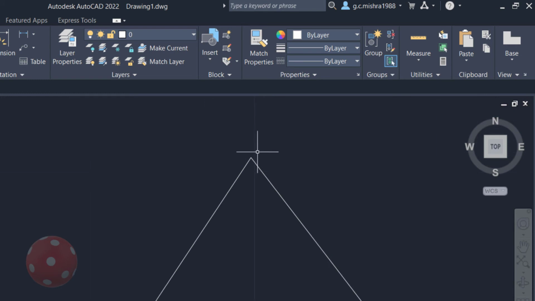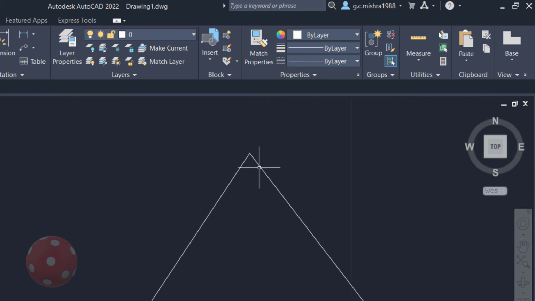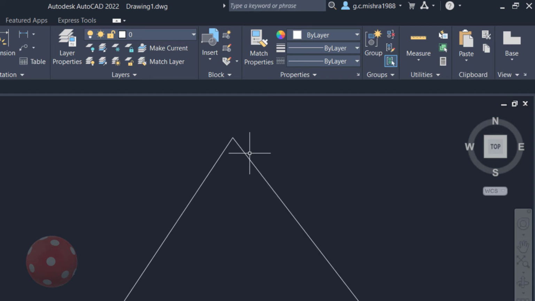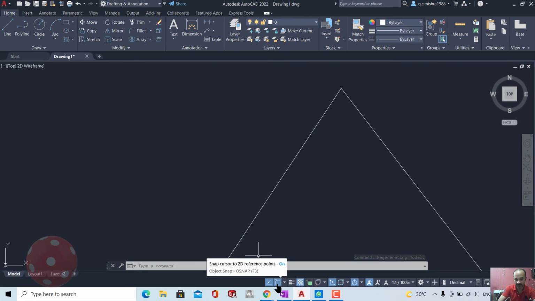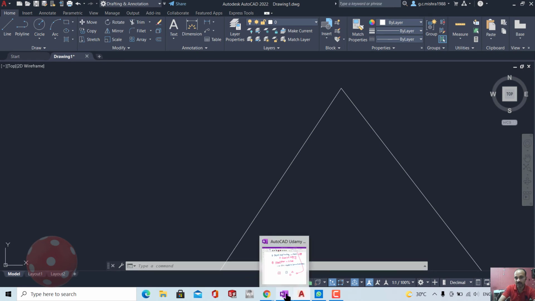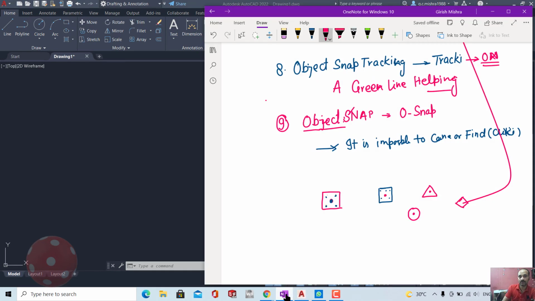You can zoom as much as you want, but the line is joined. It means capturing the point is possible only when object snap is on. So for the beginner, I recommend that object snap should be visible always.